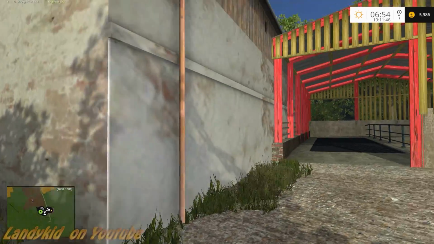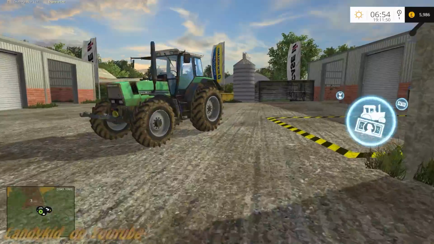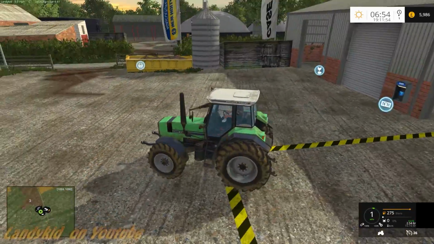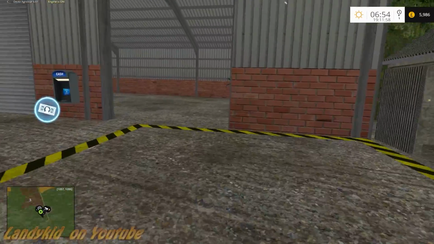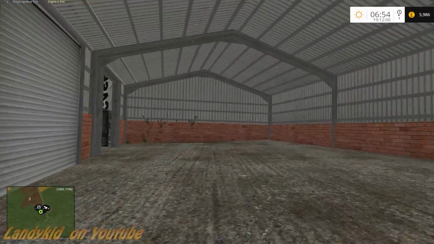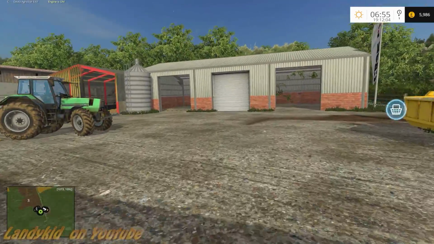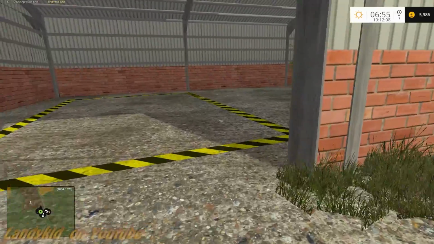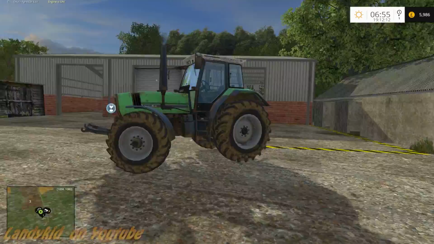But this is early stages of the map, so anything that you guys do happen to see in the video, just take it. It's not released yet, it's still being worked on, still being tested. Let's actually take a quick look-see in here, see what we got. Another storage area. The farmyard is very tight, so we probably will have to utilise some of this stuff, and the map's pretty small. It reminds me a lot of some of the maps I used to play back in FS13